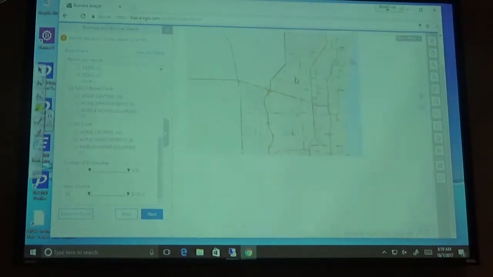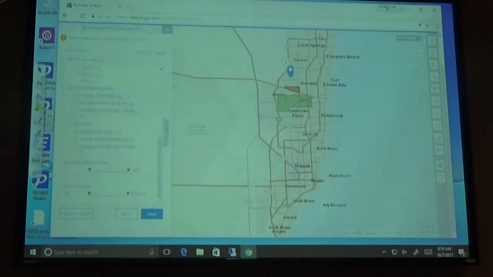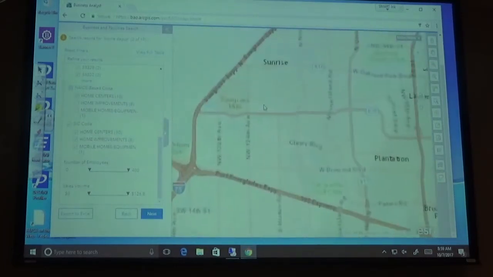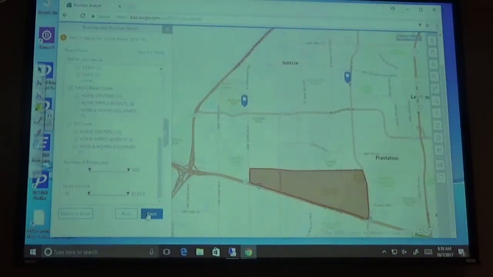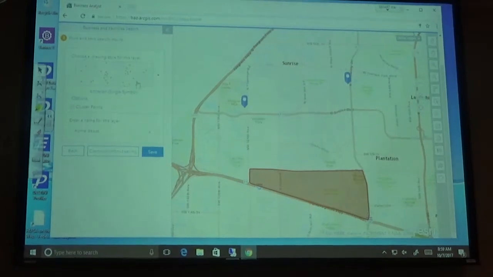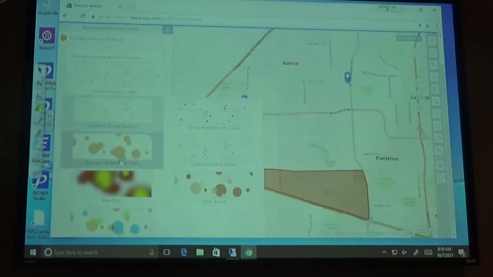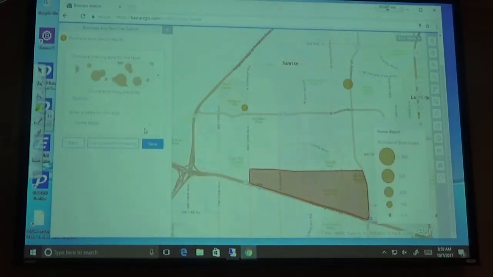So if you're far out like this, it'll pick up between Coral Springs and Campbell all the Home Depots that are listed in the database. And then you can filter and filter and filter. So I can go next. I can change those if I want to. If I want to change this for a specific